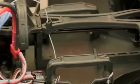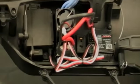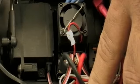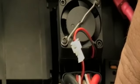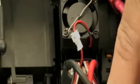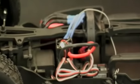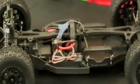There is a fan on the speed control itself, and it is guarded with a wire brace on there, so you don't have any of those little ding and dent accidents. It keeps the fan in its place, so the speed control stays very cool. It is a very small speed control in there. I found it really something to see for a big motor that's in there. So for this to handle the power and the runtime and to go over and over again, it seems quite